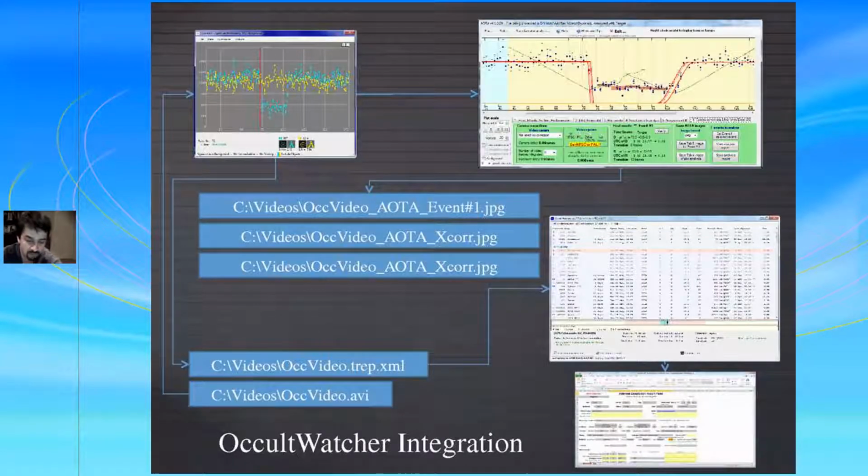And pretty much the way this works is you open your light curve in Tangra, then you trigger the AOTA add-in, then you do everything else in AOTA, and I'm sure Dave Harold will tell you a lot more about this after my talk. Then you can save various files from there, like the actual screenshots from the event if you want.